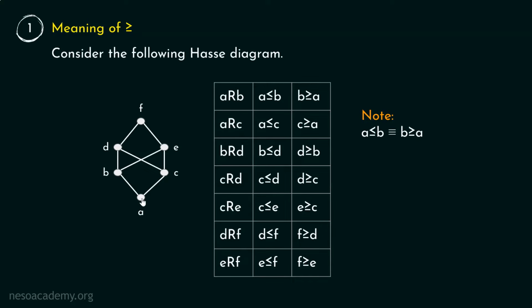B greater than or equal to A means B is above A and there is an edge between B and A. Okay? C is greater than or equal to A means C is above A in the hasse diagram and there is an edge between C and A. This is the meaning of greater than or equal to. This is not an alien symbol. We can relate it to less than or equal to. A less than or equal to B is actually equivalent to B greater than or equal to A. They both mean the same thing. If you see the other side, it actually says that A is less than or equal to B, right? That is why greater than or equal to is not an alien looking symbol. We can actually imagine this in the same way as we imagine A less than or equal to B, right?